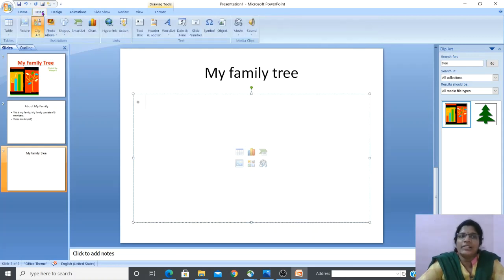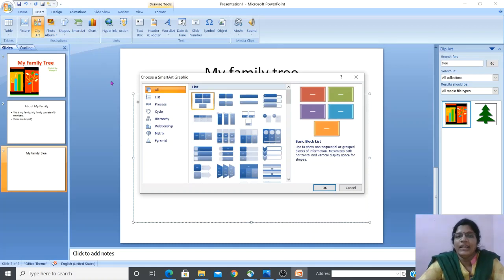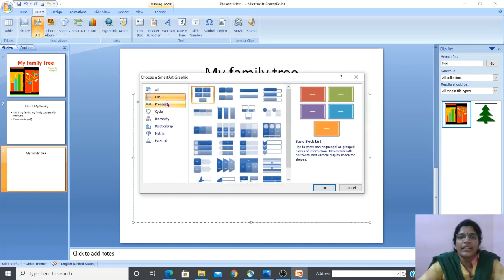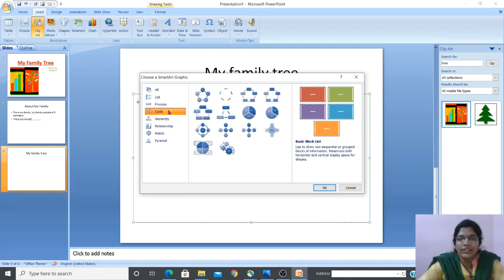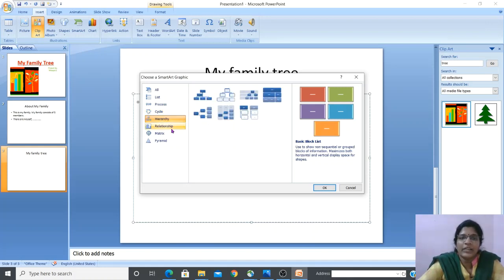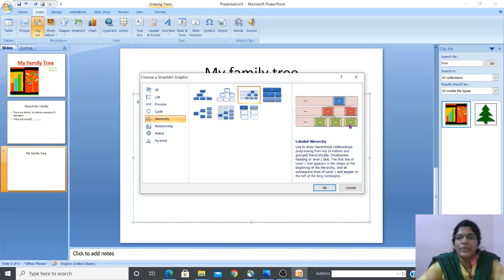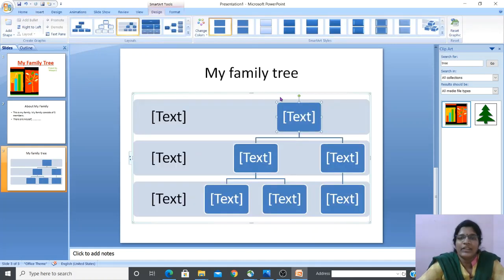Yes, go to insert tab, illustration group, then smart art icon, and here you can see the category names. Which category will be suitable for displaying your family members? It's like a tree, right? So tree would be the best one. Okay, cycle, hierarchy. So hierarchy, if you want, you can choose a hierarchy also. Okay, so let me choose this one here. All right, so you can choose it here.